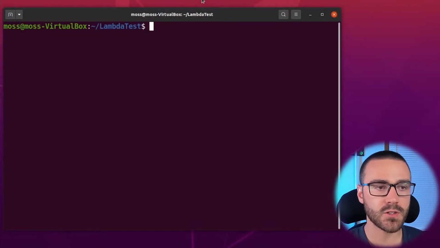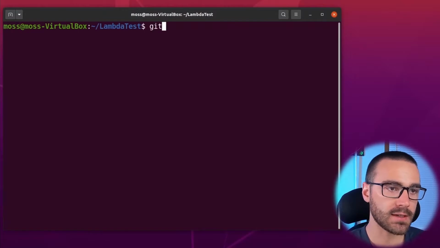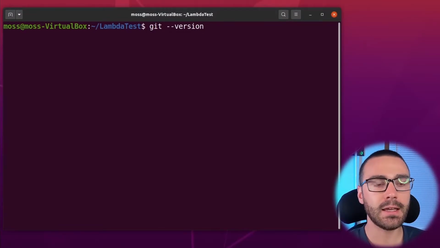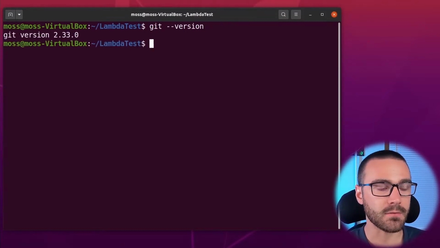Okay, let's get ourselves up to speed with some basic Git commands. This might be a refresher if you're already familiar with Git, but if you're not, let's go ahead and verify that you have Git installed on your machine. I currently have my terminal open, and to verify my installation of Git, I'm going to invoke git and pass in the --version option, and this will return the version of Git that is installed on my machine if it's installed. And as you can see, I have Git version